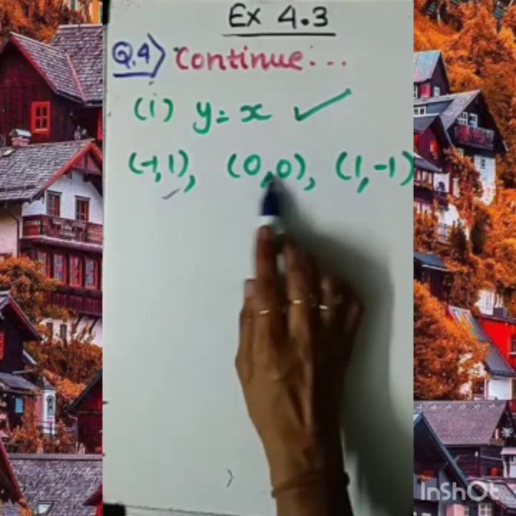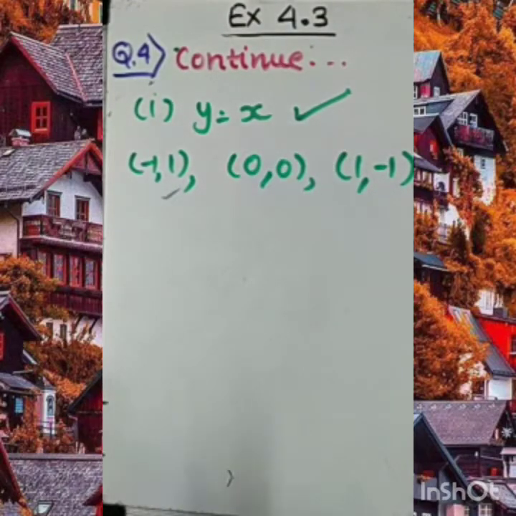But what about 0, 0? As we know, 0, 0 is equal. But again 1, -1. If we substitute its value in place of y equal to x, then that also is not possible. They should be equal. So what do we have to do? First we need to write here, according to the question, we are asked which equation is correct. So the first equation, y equal to x, doesn't satisfy this, so it's not possible.